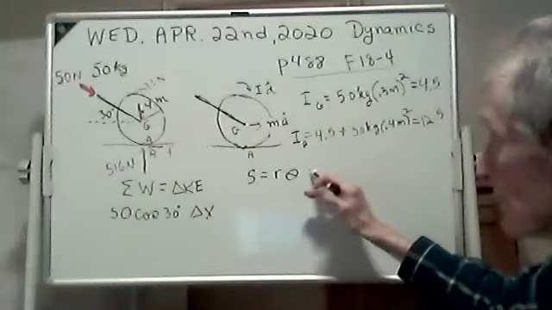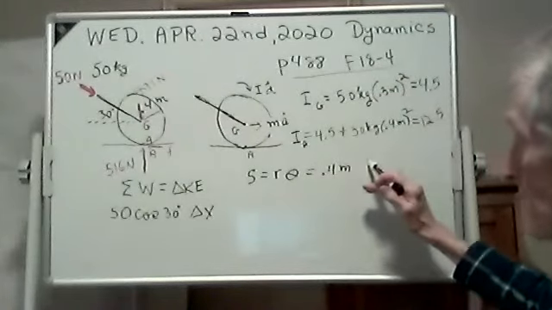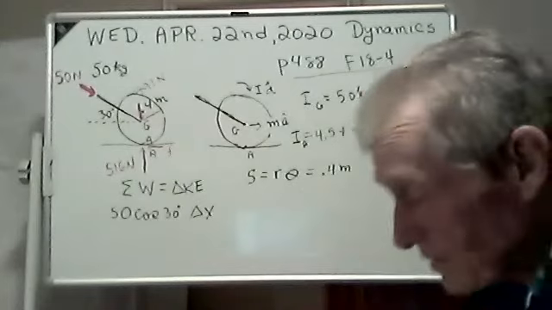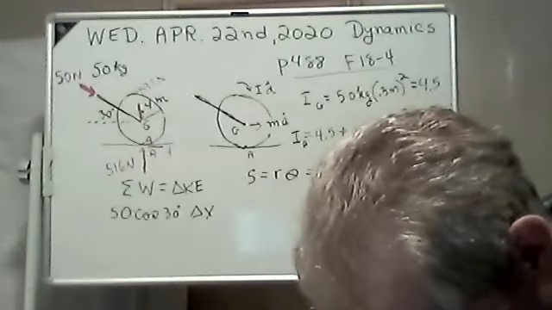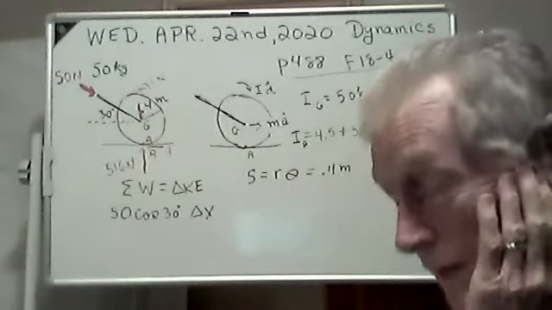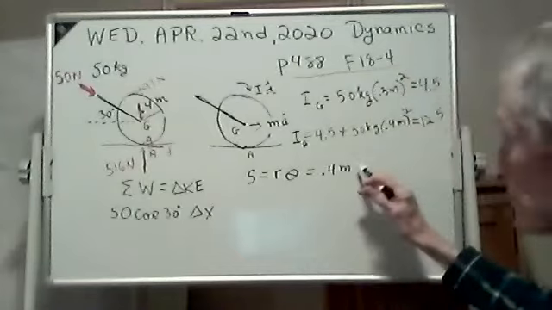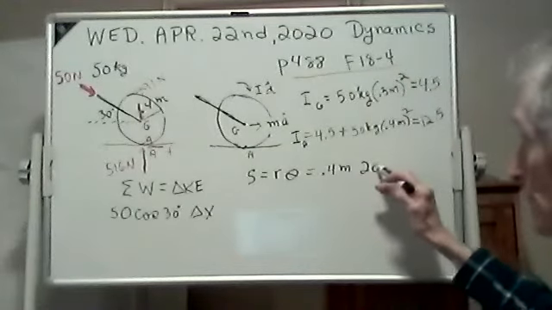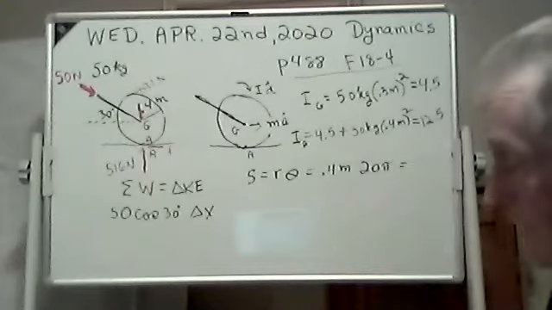If R is 0.4 meters and theta is 10 revolutions, but it has to be in radians, so 10 times 2 pi. That's 20 pi. And so the distance it travels is,